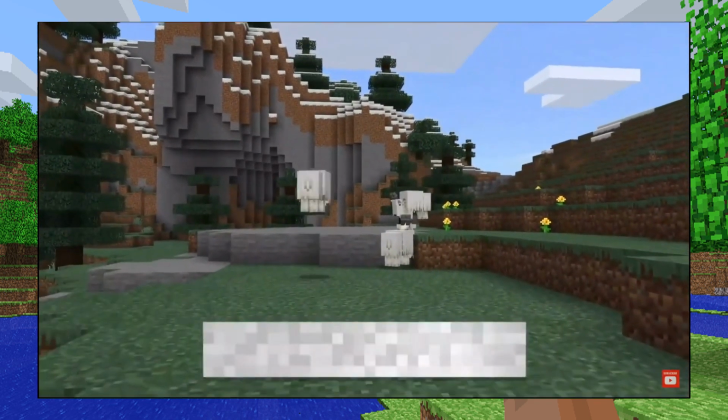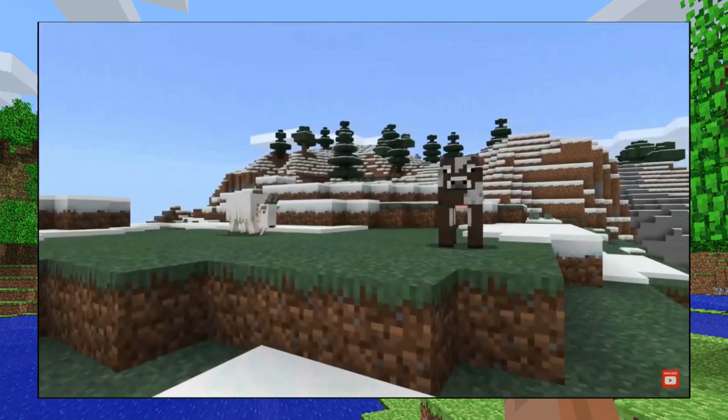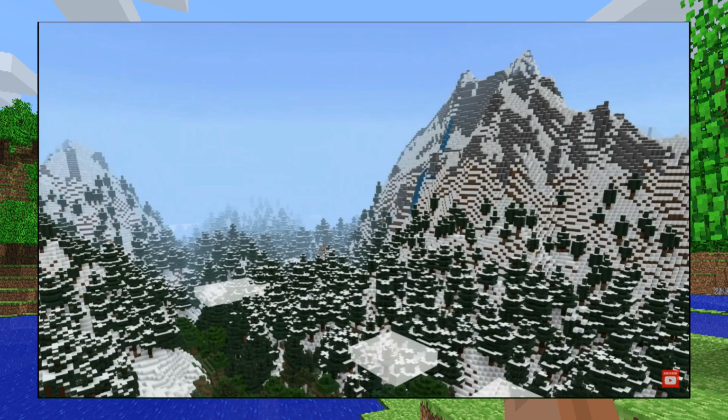They're both mischievous and adorable at the same time. As you can see, they live on the mountains, and if you aren't careful, they might knock you off. They also have excellent jumping skills. Mountaintops will be more challenging with lots of...